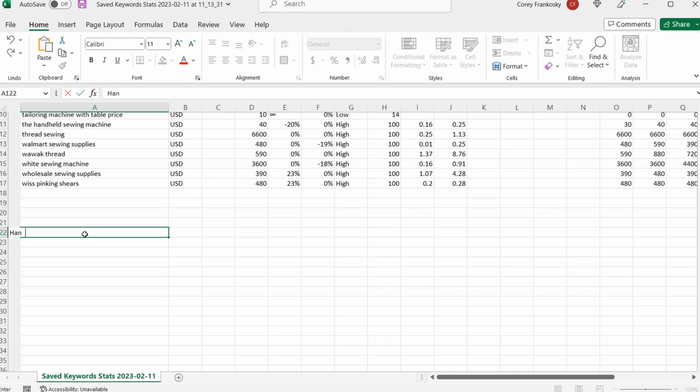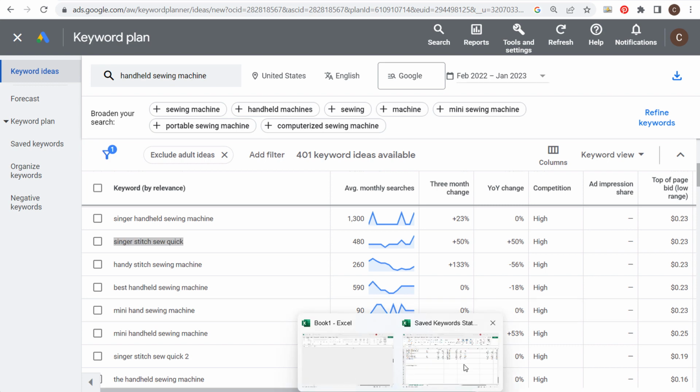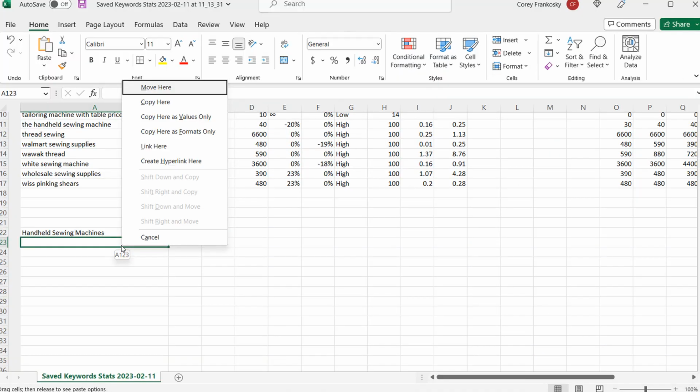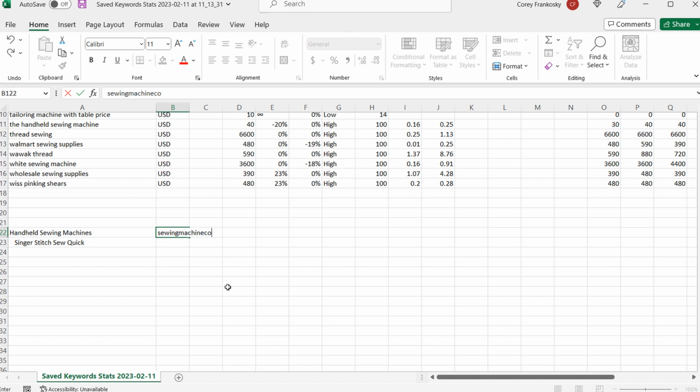As we start putting together content, okay, so we have our handheld sewing machines. Take some of those different keywords that we just researched here, and something like Singer Stitch Sew Quick, just copy it or export some of these keywords, and all you need to do is paste it here. Okay, and what I would do is continue to add more keywords down here, all of these different relevant keywords, and then in this field over here, just put exactly, so we have our sewing machine